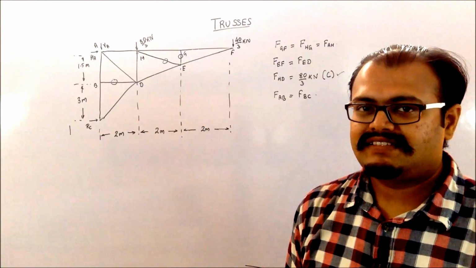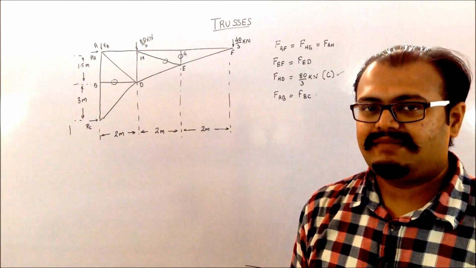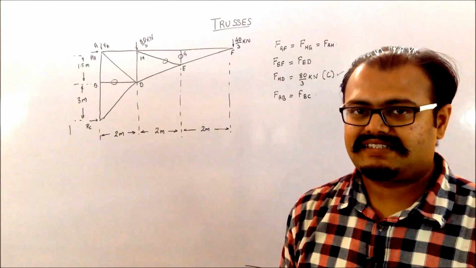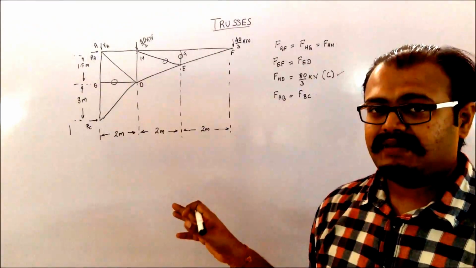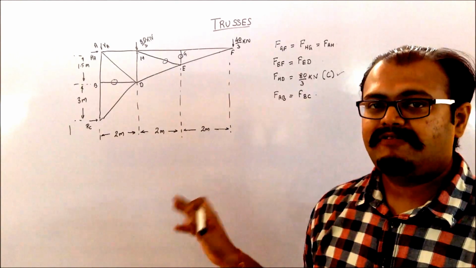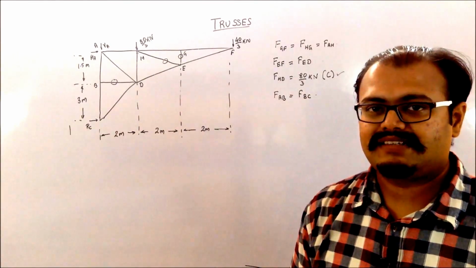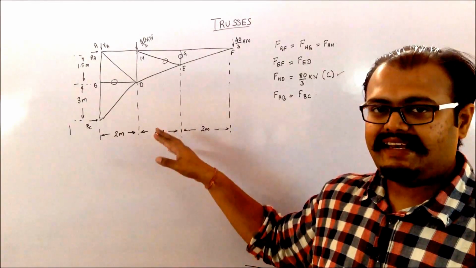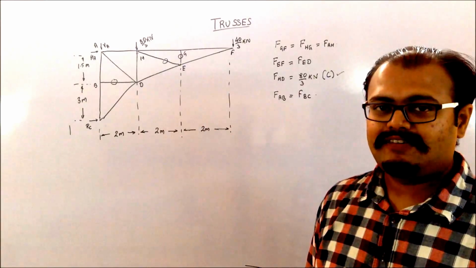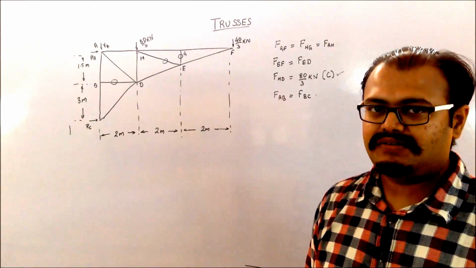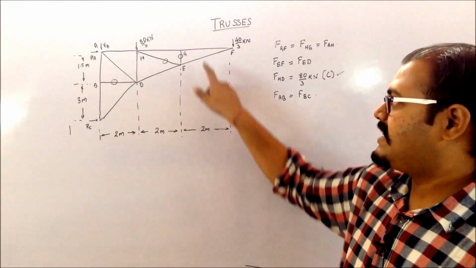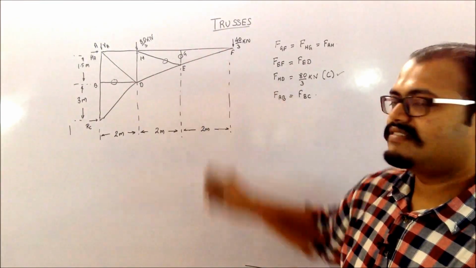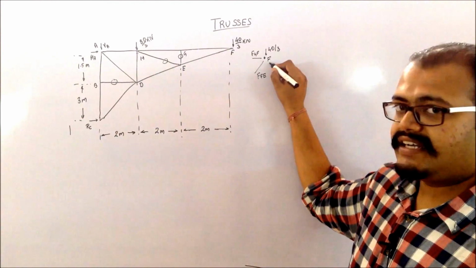So afterwards, you can proceed by any method, like method of joints or sections. But since I have to calculate every member in this particular truss, it will be feasible for me to go by method of joints. So I can choose any particular joint wherein there will be at most only two unknowns present. So I can choose my point F, wherein I have the unknowns these and these. Now let us consider the joint F.